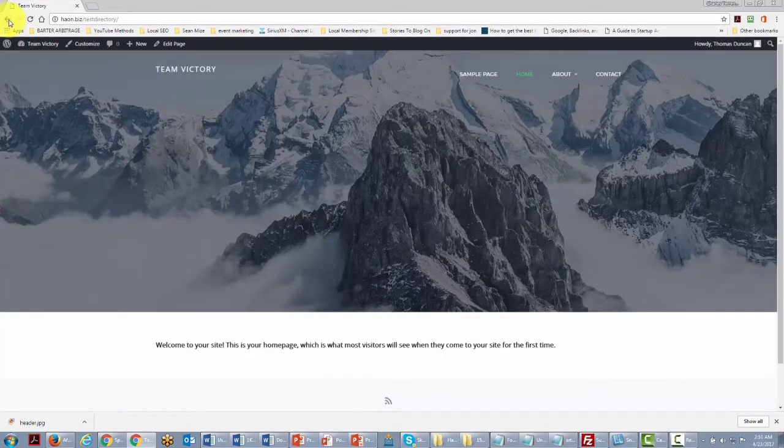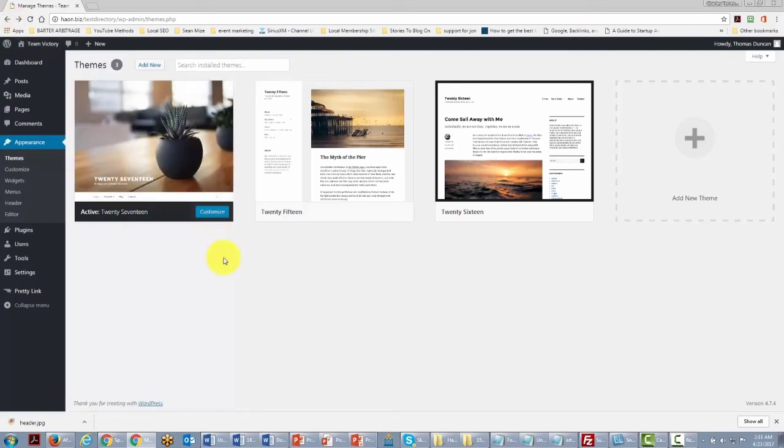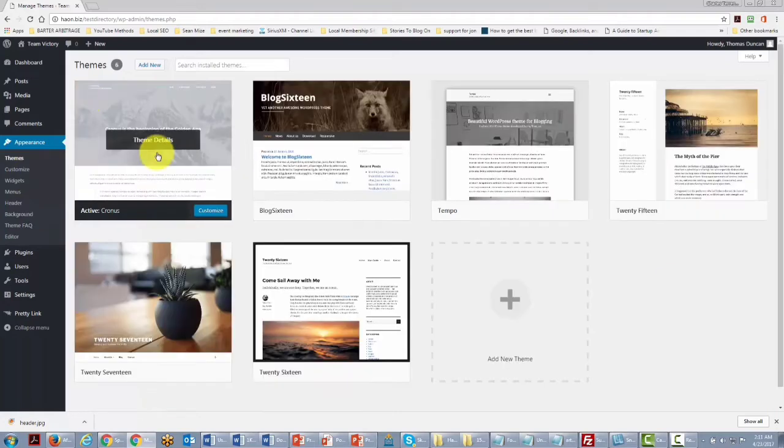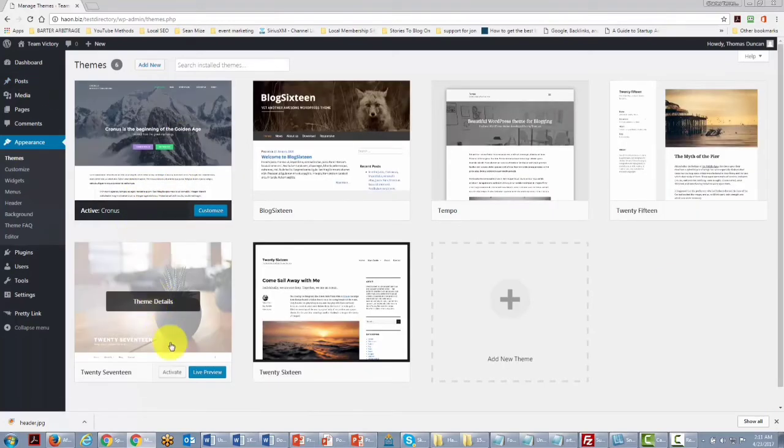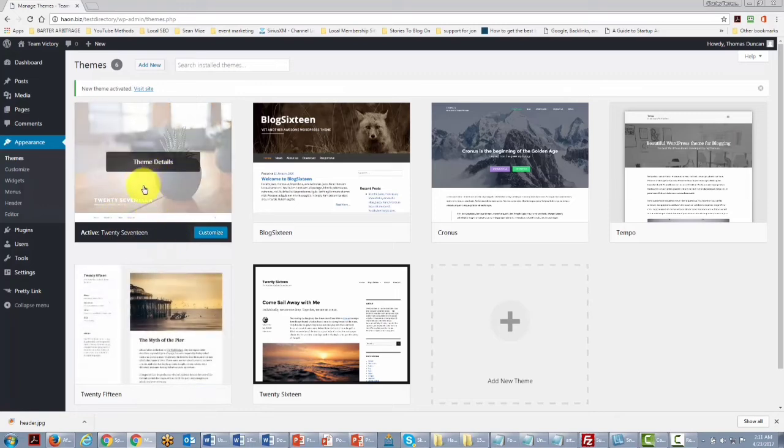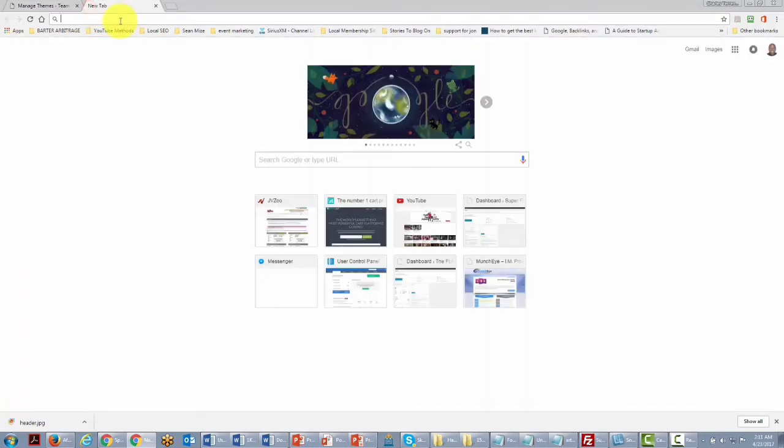Now, what we can do is go back and change our theme back to the way that it was. We do that by going back to our themes and then reactivating the theme that was there. Now, in order to find other WordPress themes, you can do a Google search,